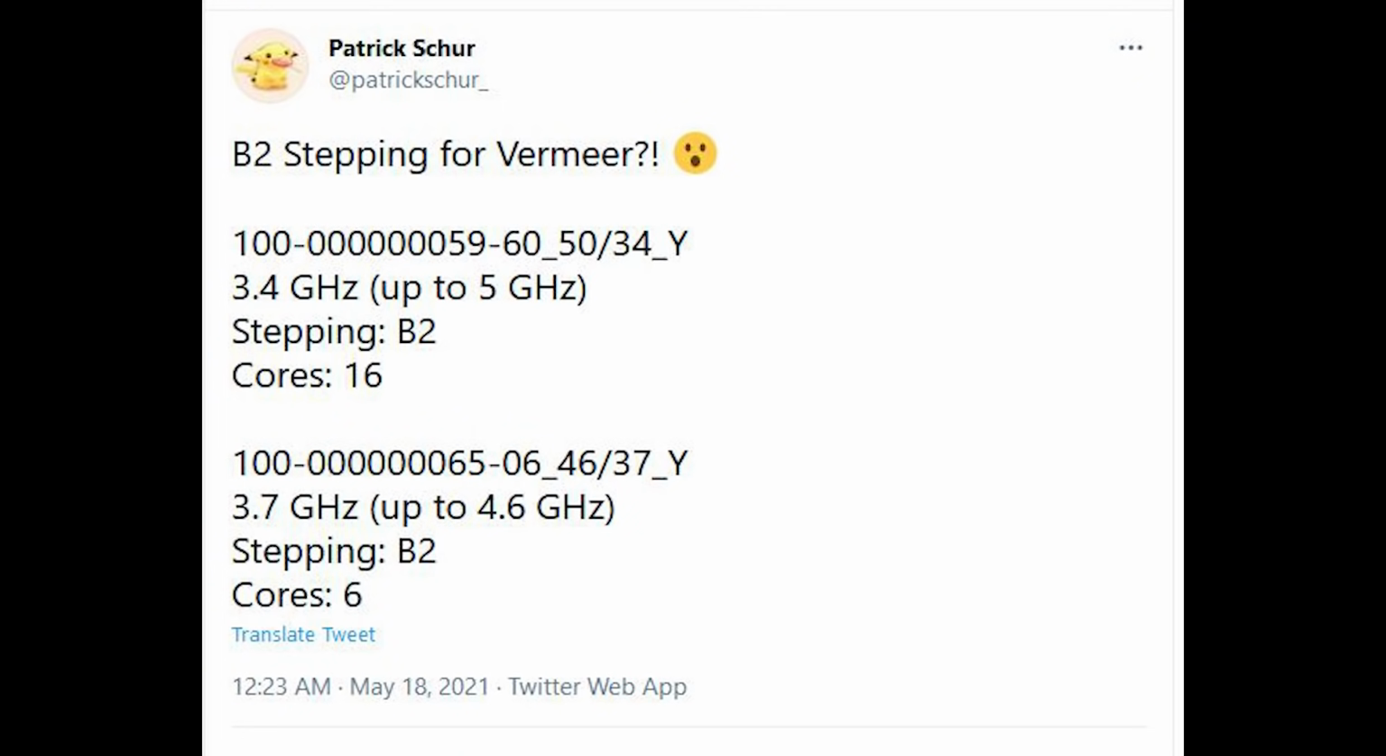So we actually have an update to a video that I put out yesterday concerning the B2 stepping for Vermeer, aka Ryzen 5000. Patrick on Twitter discovered that there was a B2 stepping variant which seemed to offer clock frequencies up to 5 GHz with a 3.6 GHz base frequency. This is for the 16 core, you can see it on screen right now. But what's quite interesting is that